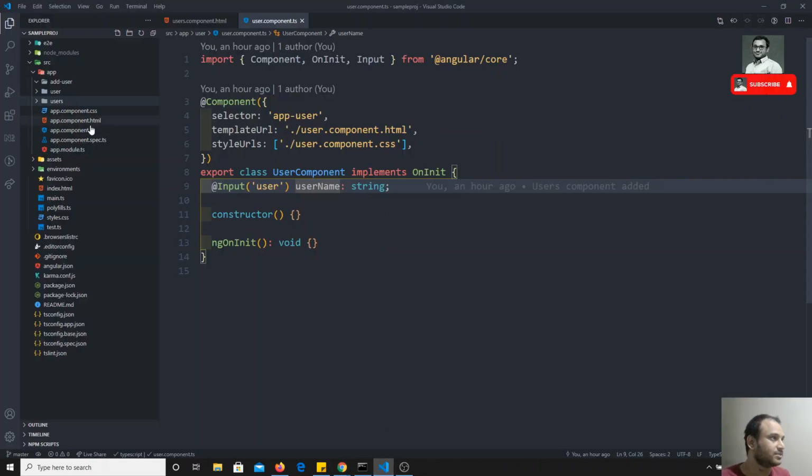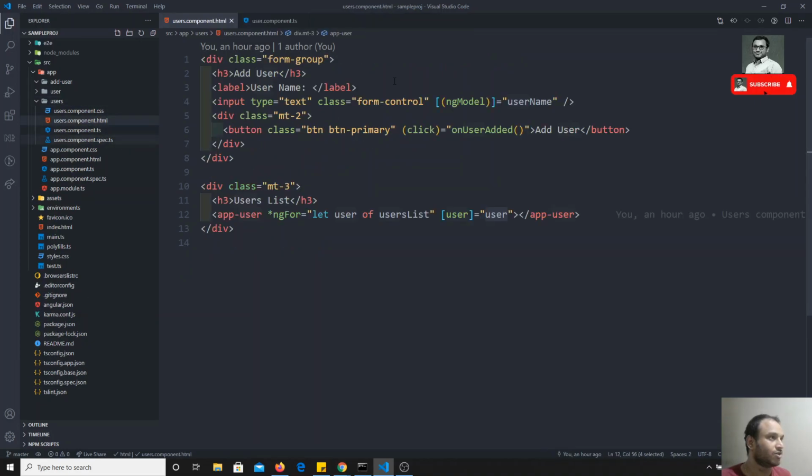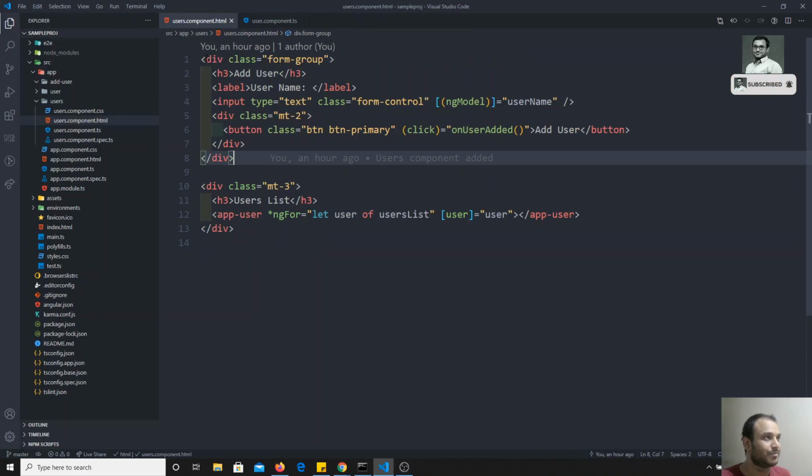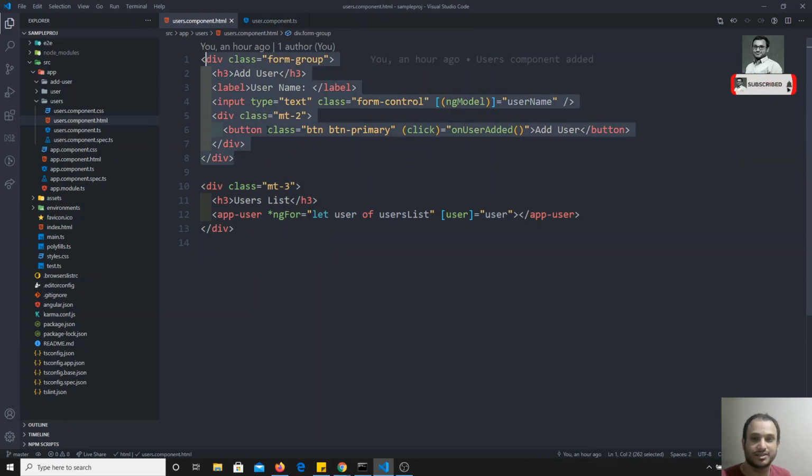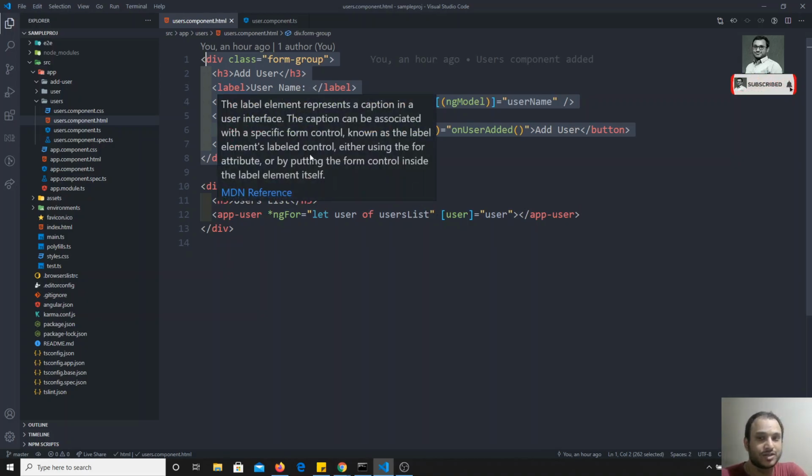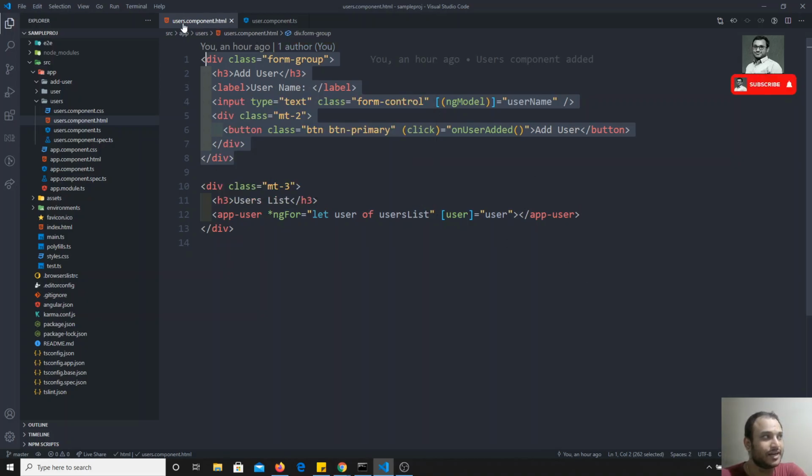If you go to users component, in this user.component.html, I will make this a separate component, so that the component name will be add-user component. So in this users component you will have a group of components, that is the add user component and the app-user component. Now the add user component will have to send the data to the users component, so that users component will send the data to the user component. We will do it like this.